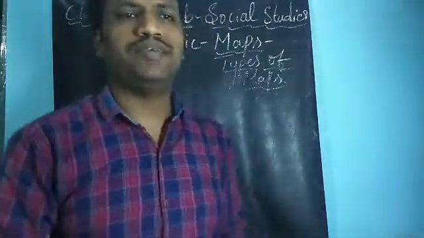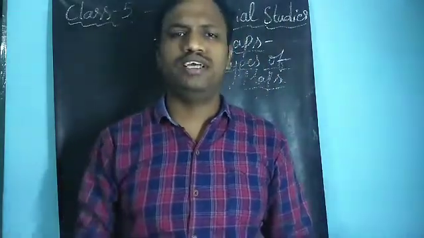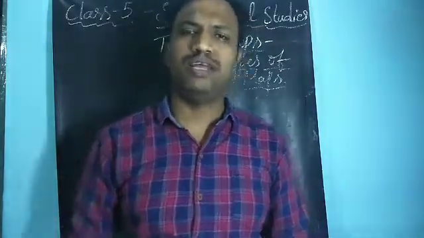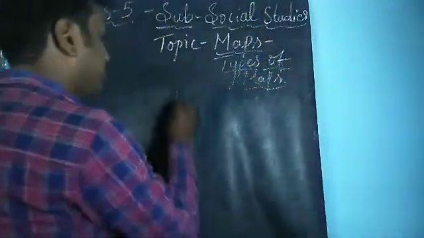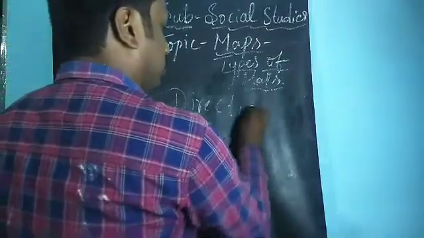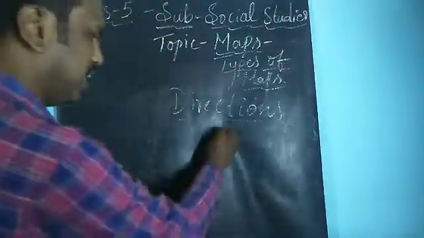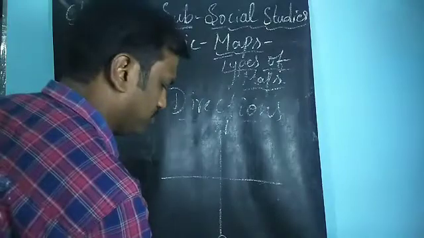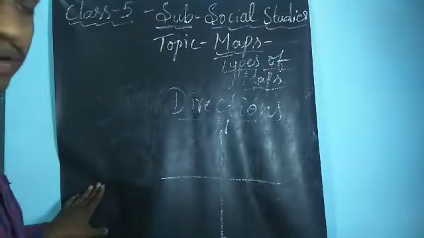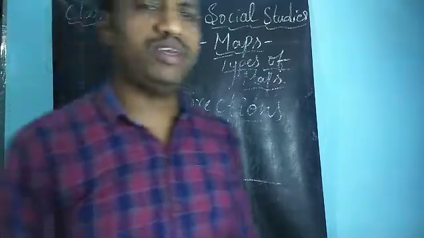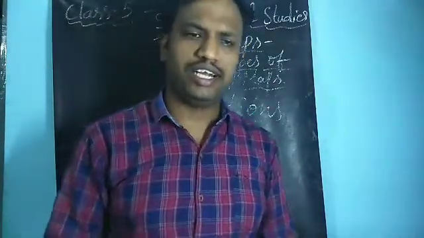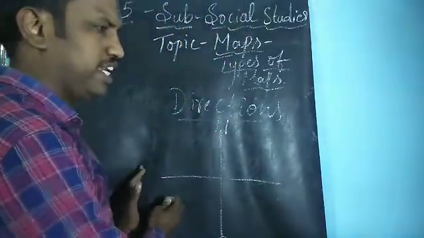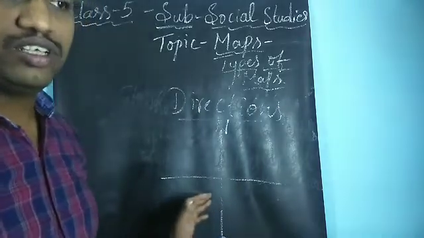And another thing is very important. When we want to reach some place, the directions are very important. The directions will guide us to reach the particular place. In the same way, here we need directions to locate the place. You can see that the top of the map is north and the bottom of the map is south. When I stand like this and we start indicating different places, that is towards the east or towards the west, you can just identify.